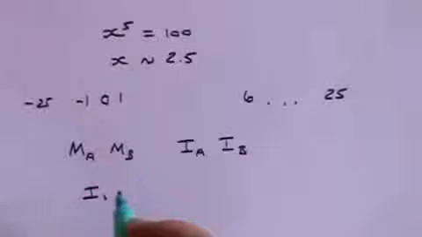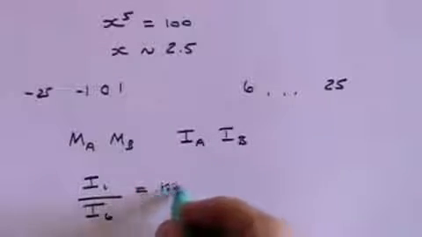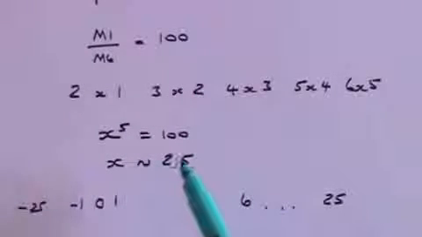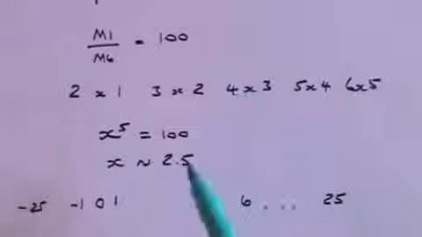So the intensity of a magnitude 1 star divided by the intensity of a magnitude 6 star is 100. And by the analysis which I did up here to show that the intensity between any two adjacent integral values, 1 to 2, 2 to 3, 3 to 4, was 2.5, which is the fifth root of 100,